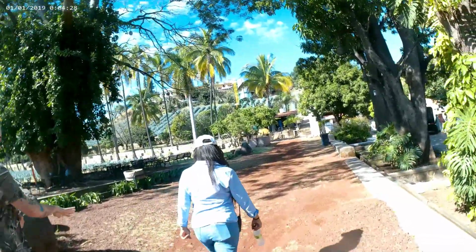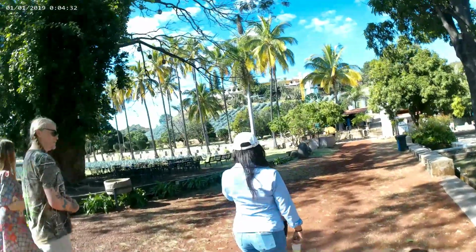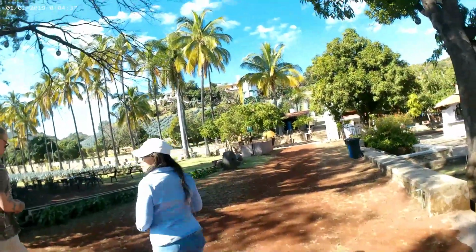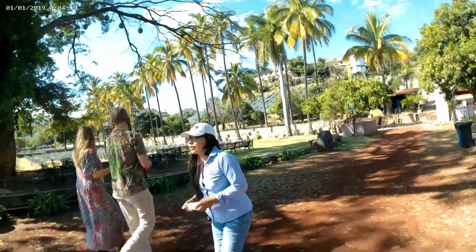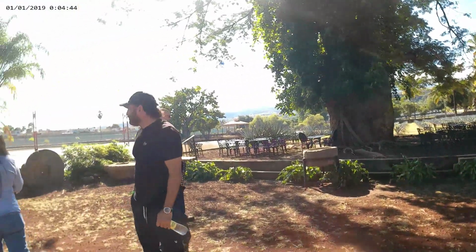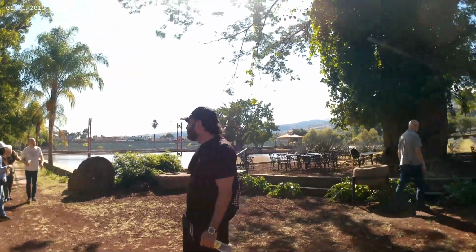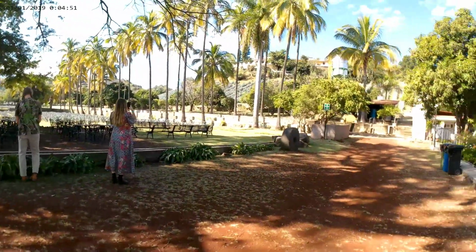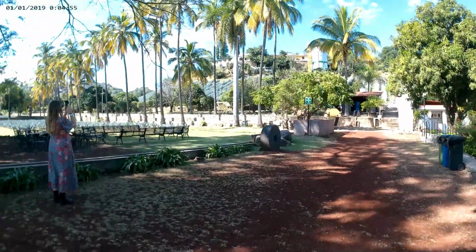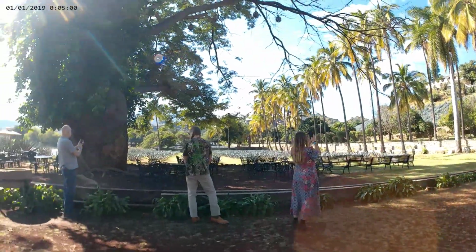Is the valley lower than Tonalá and Guadalajara, or about the same elevation? No, it's a little lower. Okay, so this will be the area where we come from, I told you. We're going all the way to that side. It's basically the same level, but it's